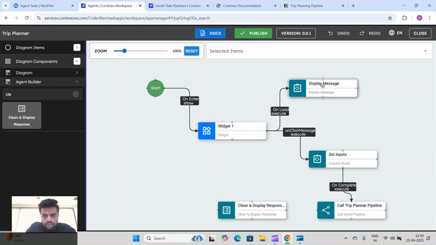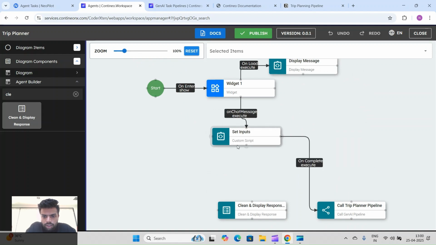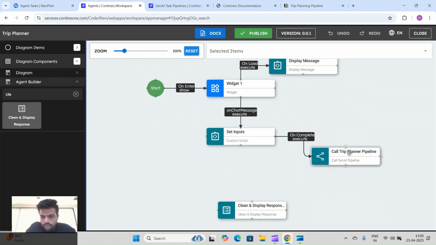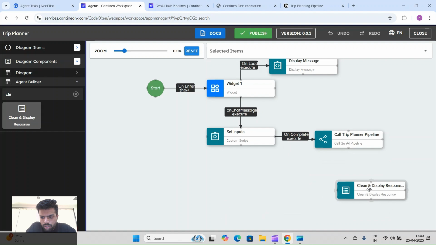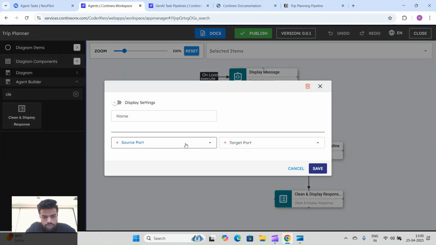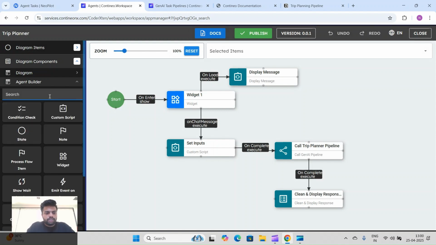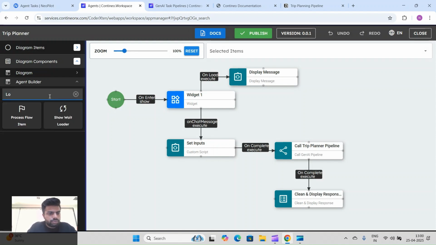Let me arrange these components in a proper way. Okay, so now I will connect this. Also, when our pipeline is processing, we can show a loader to the user, so that it indicates that some processing is going on.